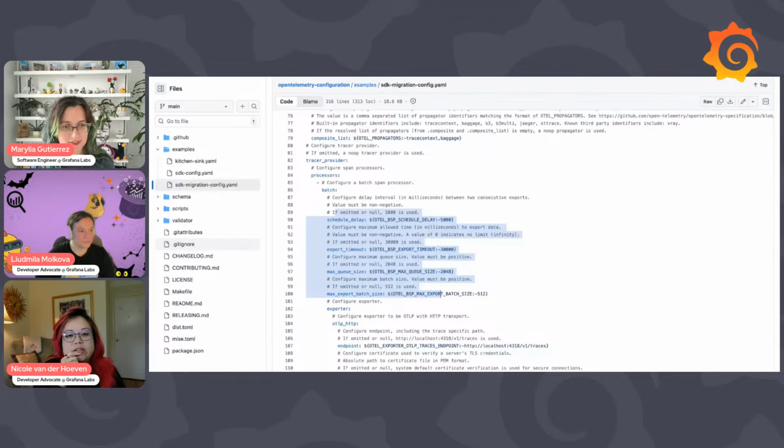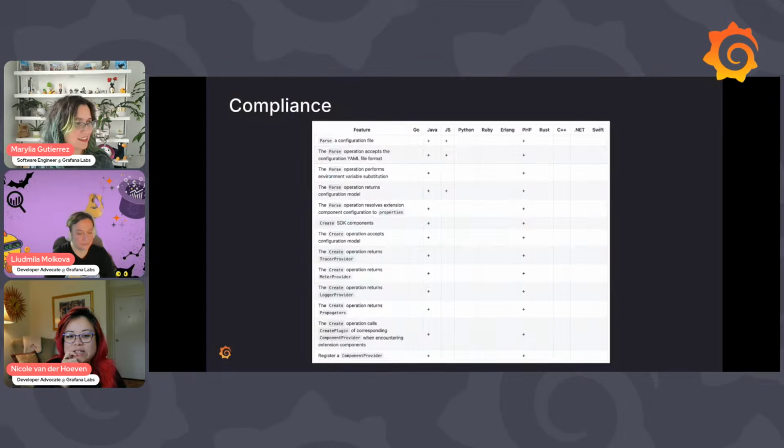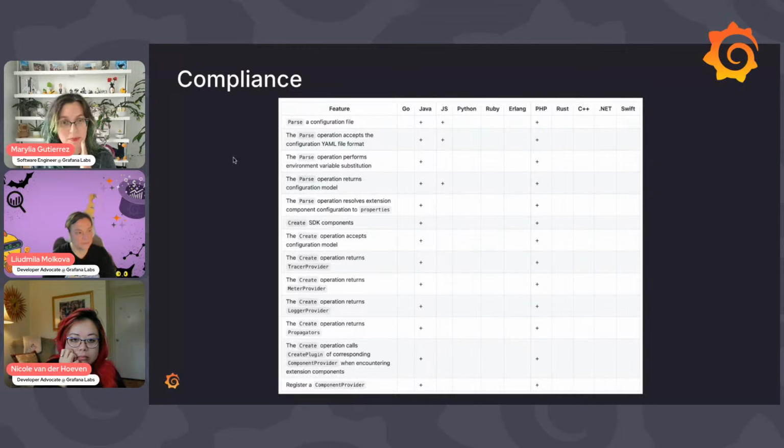So which languages is this available for? It seemed like Java and maybe PHP. So here is a compliance matrix that we have today. If you see here, Java is fully compliant with all the basic requirements for this. PHP as well. JavaScript is the one that I am actually working on, so more pluses are getting added to those. And so what you're saying is it's your favorite column. Yeah, I'm the one working on JavaScript, so I was like, yes. But yeah, we have awesome people working on all the others as well.